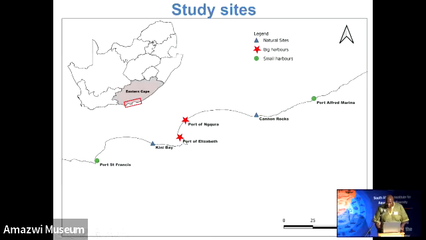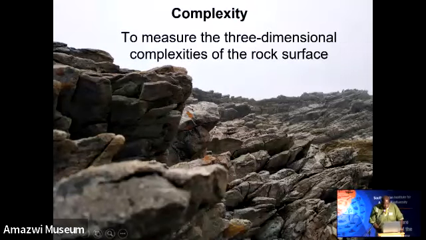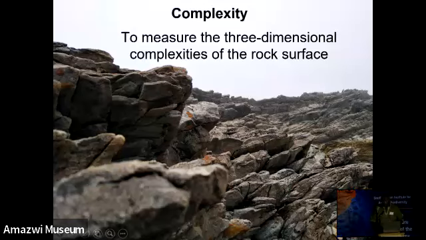So these are my study sites: two natural sites, which are Cannon Rocks and Kenton Bay. We have the two big harbors, Port of Ngqura and Port of PE, and then two smaller ports, which are Port Alfred Marina and Port St. Francis. So with the complexity, I want to measure the three-dimensional complexities of the rock surfaces that